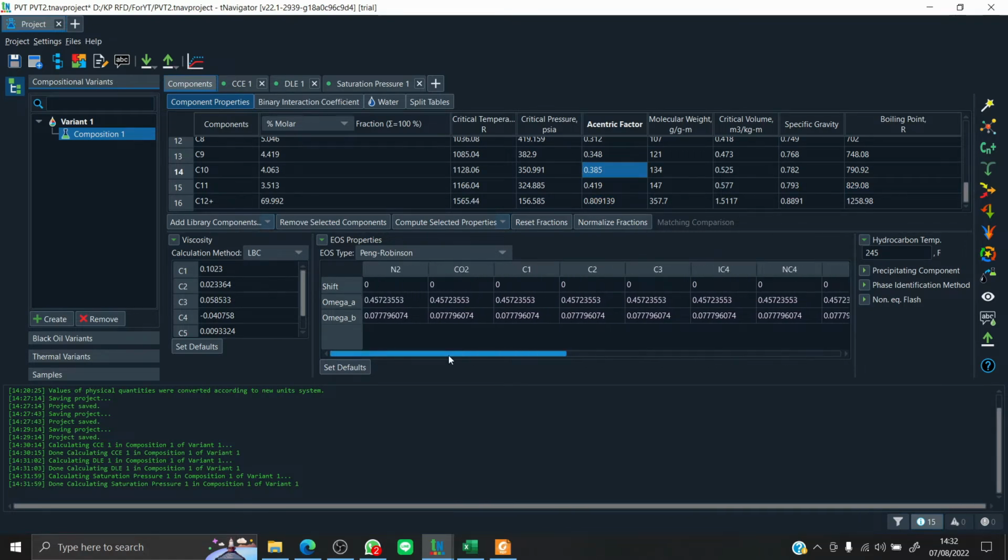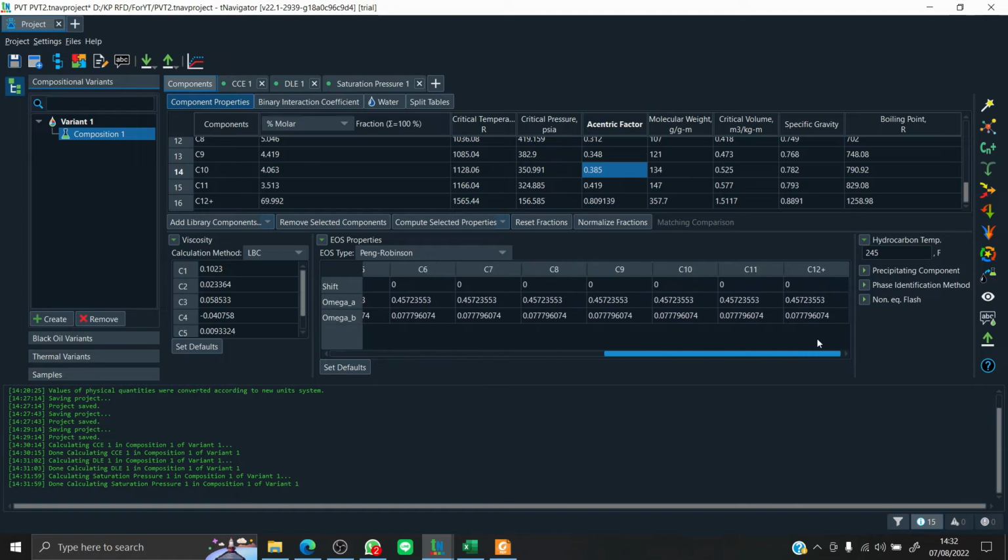To do the matching, we have to select our uncertain variables. Obviously, the shift, omega A and omega B of the Dodecane plus. So these are the parameters that we want to change for the matching.